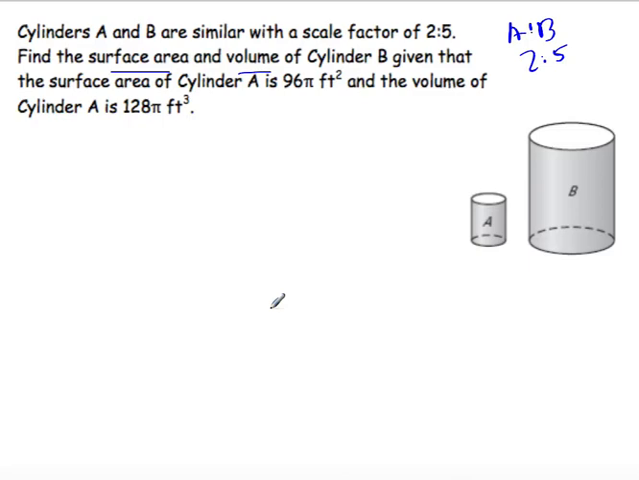So the scale factor is 2 to 5. Which means that the area ratio is going to be 2 squared, 4, and 5 squared, 25. And the volume ratio is going to be the original scale factor cubed. So 2 cubed is 8, and 5 cubed is 125. And so,